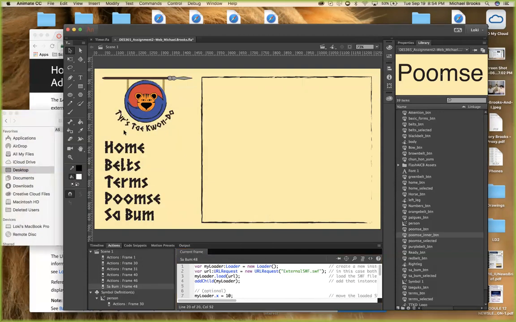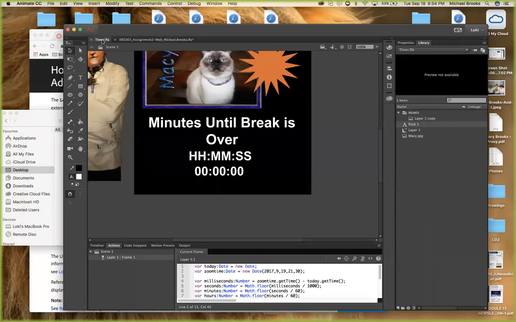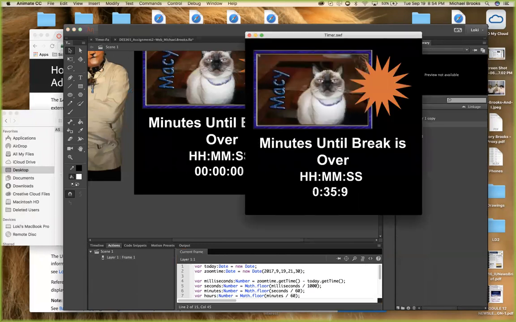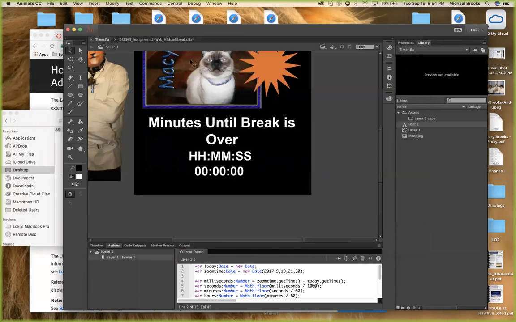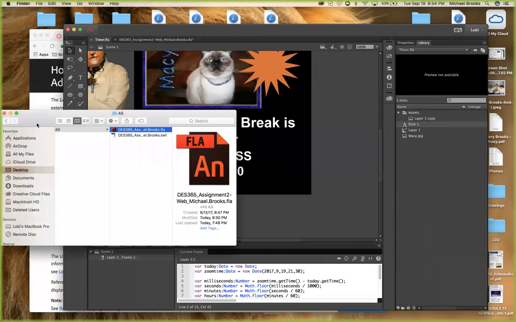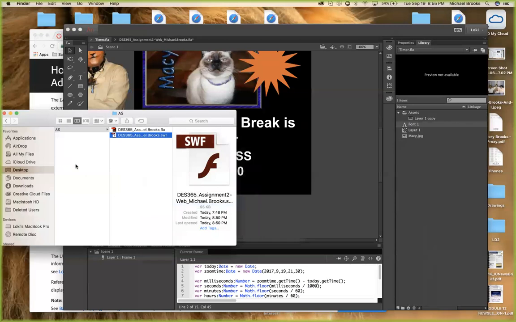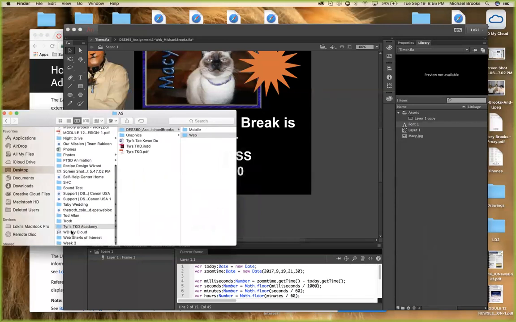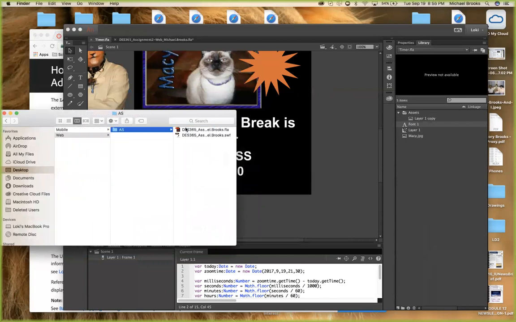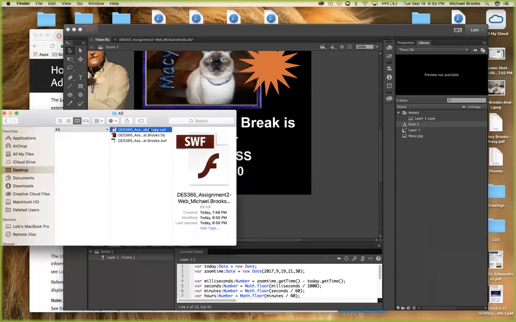So we're going to do this. Make sure it's working. Okay, so that's working, right? Now, what we're going to do is take that, right-click, copy it. I didn't duplicate, I just copied. Now we're going to go back to here. This is the web version, ActionScript, Command V. All right, now,